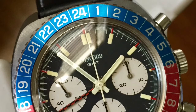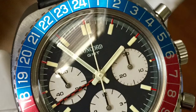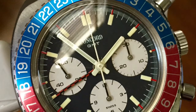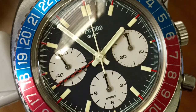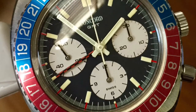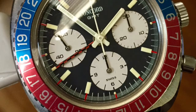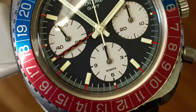I was just thinking about this recently because I like to collect dive watches of the 70s in particular, and it's so interesting to look at those watches in the state they're in, and even look at the prices they cost, and compare it to modern luxury watches that are being marketed as tool watches. Obviously this is my perspective, and I'd be happy to hear your thoughts on the matter,